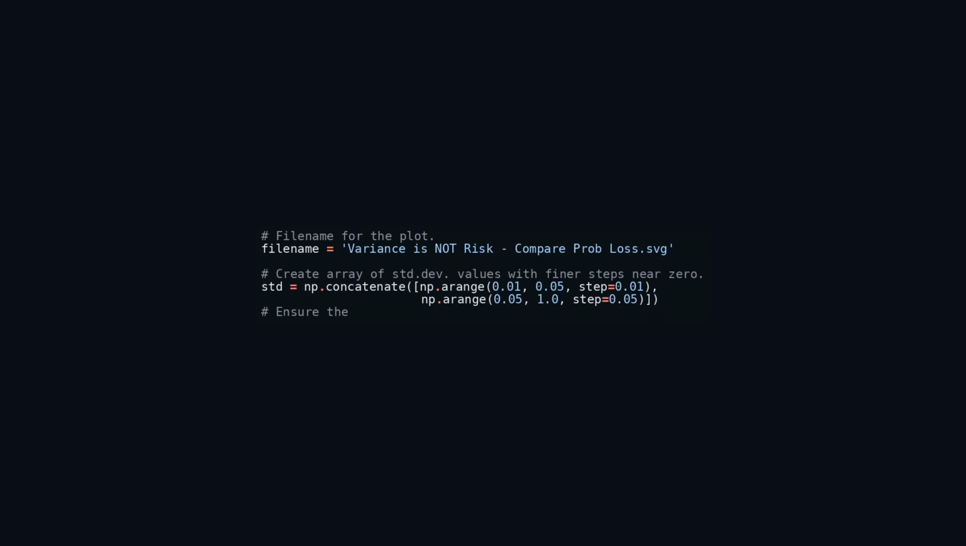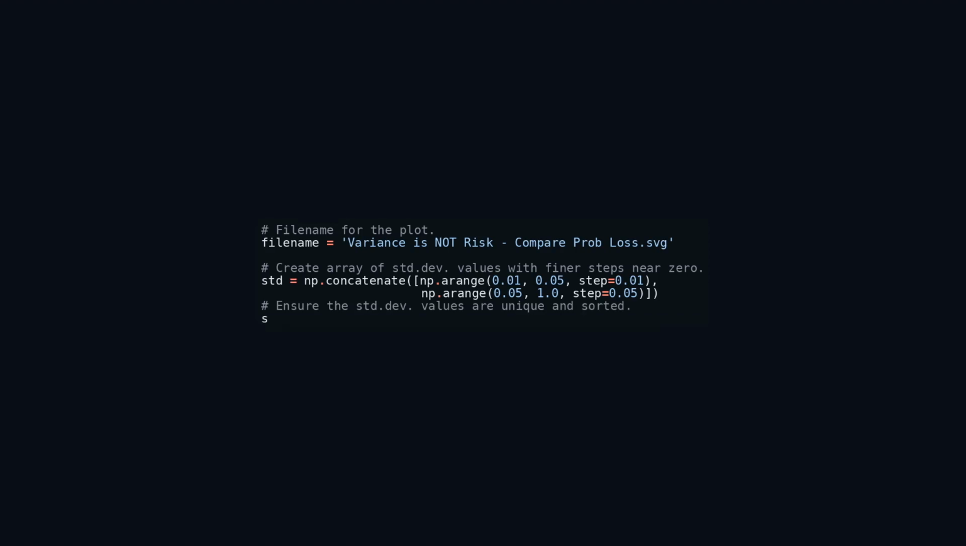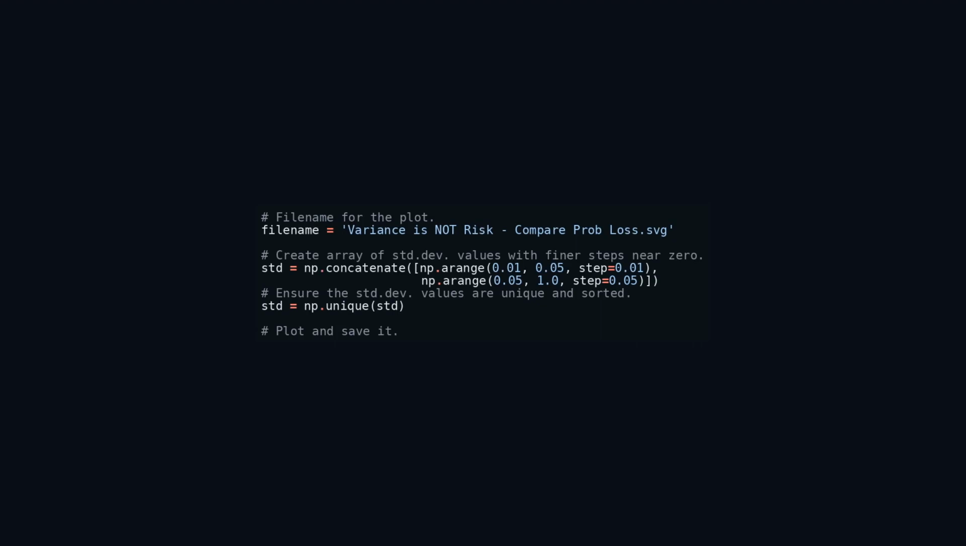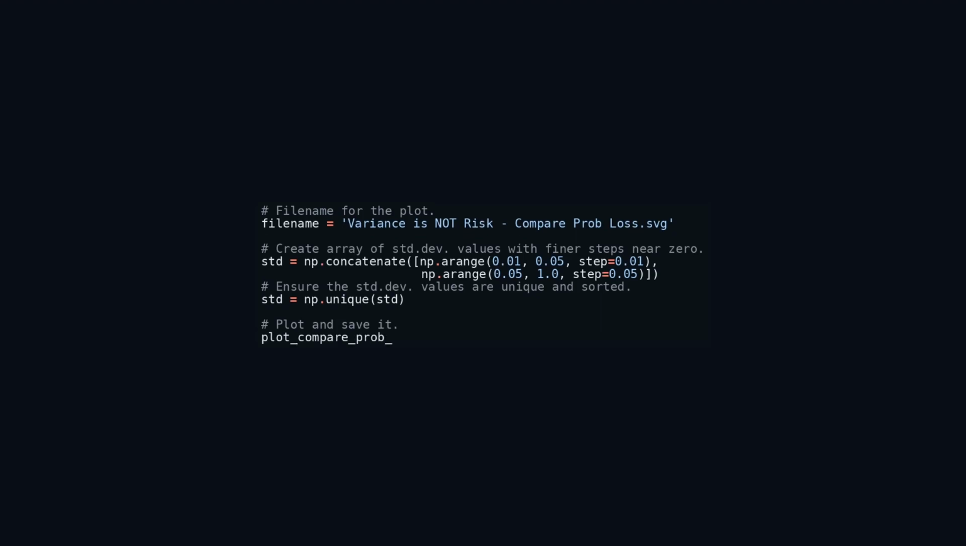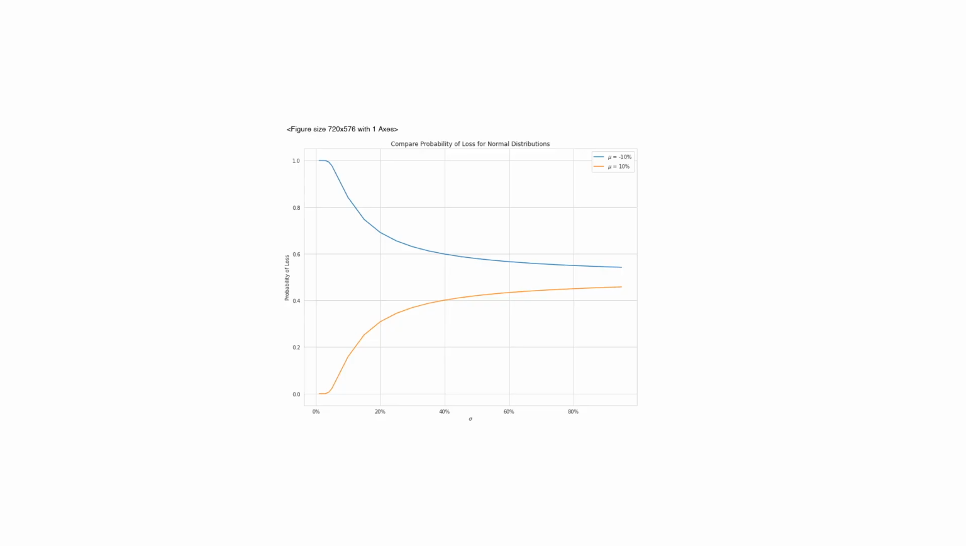The function compare_prob_loss is then called with parameters mean_1, mean_2, stds, and file name, which presumably generates a plot comparing the probability of loss based on the provided mean and standard deviation values. This visualization is essential for understanding how the probability of loss changes with different standard deviations for the two sets of data distributions described by mean_1 and mean_2. It helps in comprehending the impact of variability measured by standard deviation on the likelihood of incurring losses in the